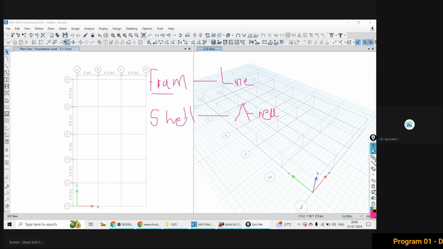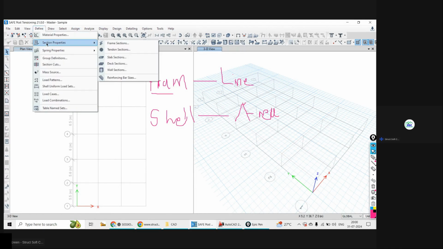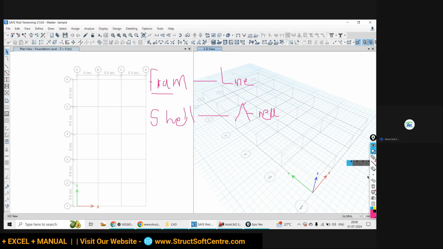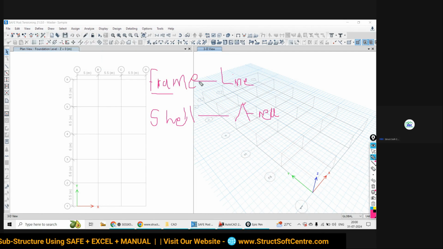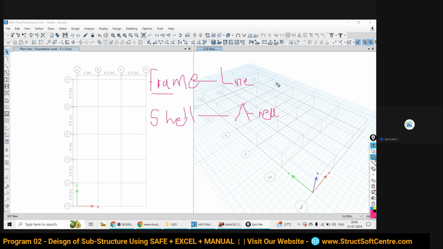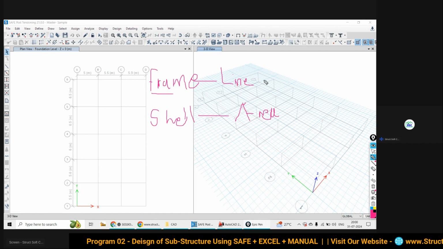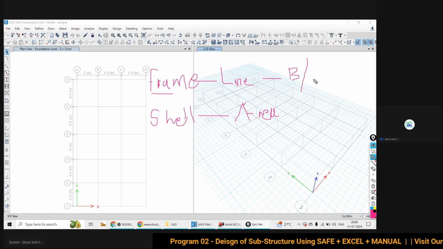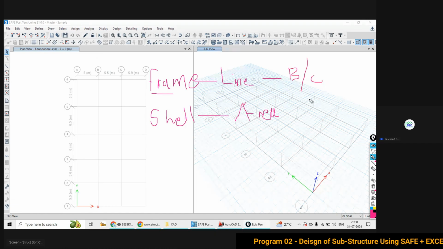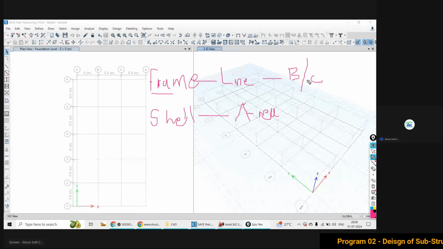Okay, so for that reason, when you go to this section property, frame section is there, slab section is there, wall section is there, all these different sections are there, frame and shell. So all frame will include your beams, will include your column. This is all taken into the frame element.